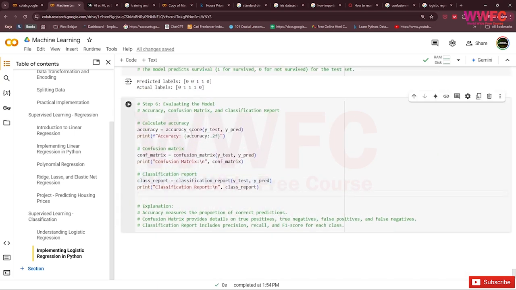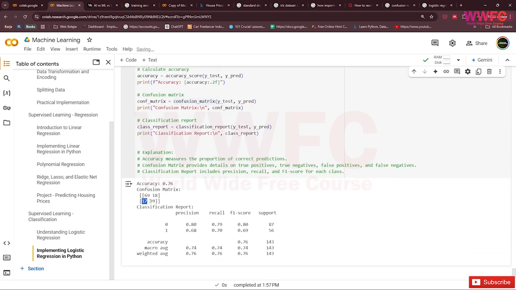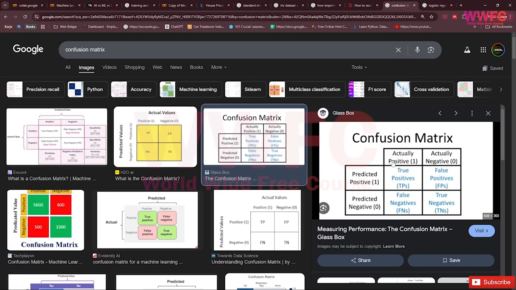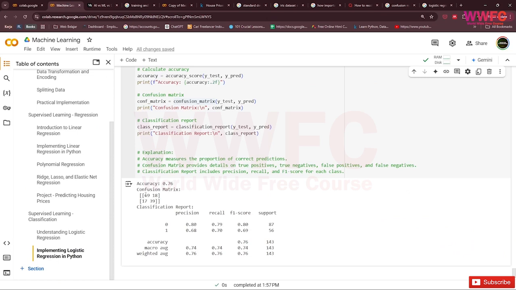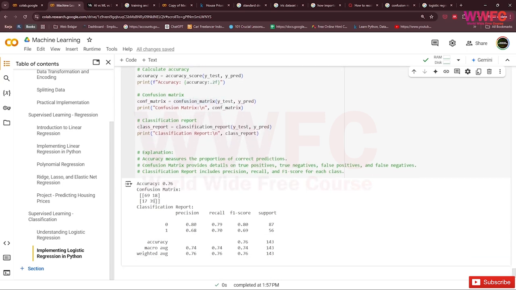So yeah, we can use this as the classification report. The accuracy, you can see that this is false in our confusion matrix. The actual is positive, but they predicted negative, right? The actual is survive, but they predicted not survive. So this model is not perfect like before, right? The accuracy is 76%, not 100% like before.